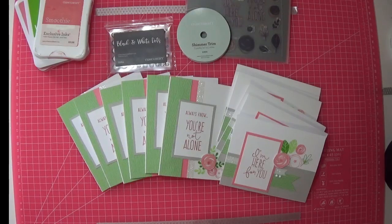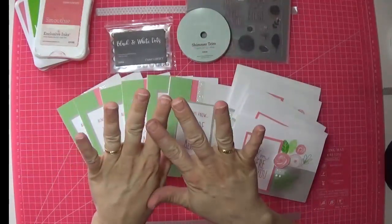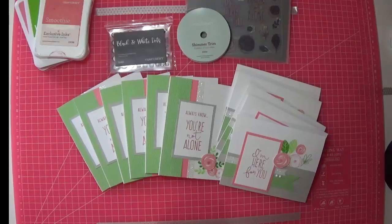And just like that, we have a completed card kit in nothing flat. You have 6 cards of 2 designs that came together very, very quickly, and I'm amazed. I don't have ink all over me. I have just a little bit of ink on me, but not like I normally do. I had fun with this one, but I definitely did not have